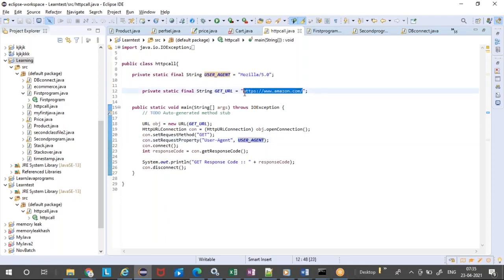Okay, so for you to reach any server, you need the URL, you need the method, you need the user agent. Since we are going to connect from Java, we also need to write some code to establish a connection, to open a connection from your server. We need to open a connection, and then go and hit that HTTP call. For that, we need some set of code. Again, we need some